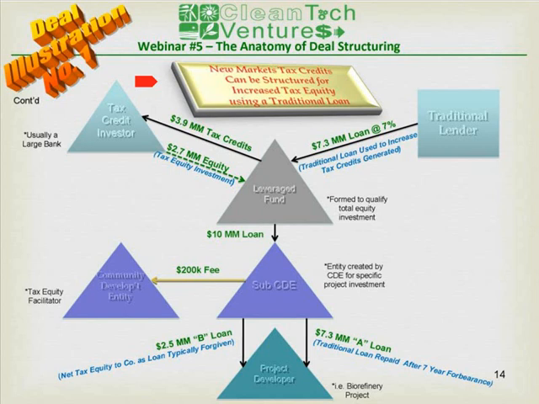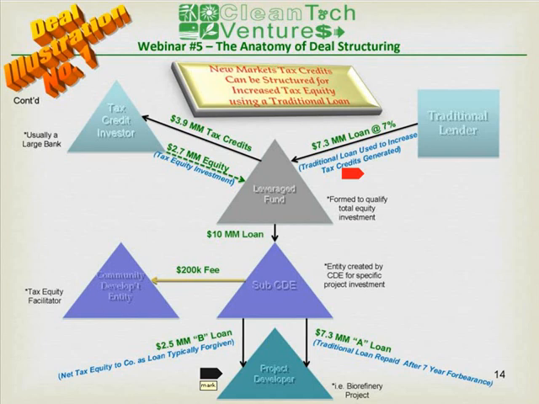Thanks. So let's make this a lot more simple than it appears when you look at it. I apologize for all the triangles and blocks, but we're going to point out the areas of this as quickly as possible that show the economics of a new markets tax credit transaction. In this case, it's being enhanced by a traditional loan. And you can use that loan to both receive a below market interest loan on favorable terms, and also to use the cash from the loan to generate additional tax credits. But let me focus on four critical parties that you need to pay attention to on how the deal works.